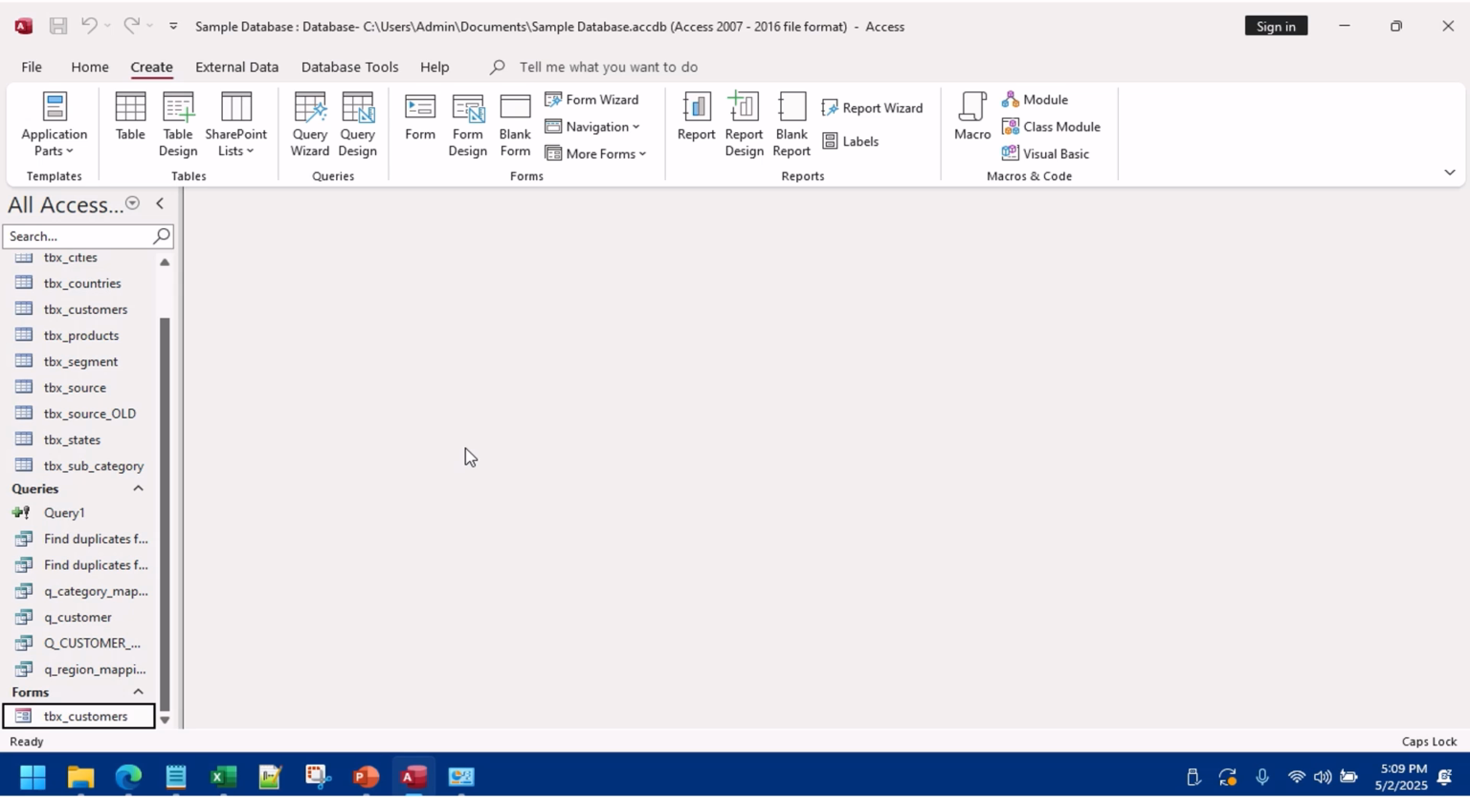Query design, append tbx customers, okay, and now customer ID, customer name. Here we have customer ID, customer name, and city name. Run, updated. But the problem is we did not remove the duplicates. This is the mistake we made. Okay, design view,